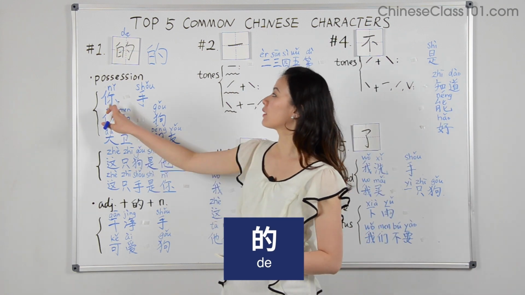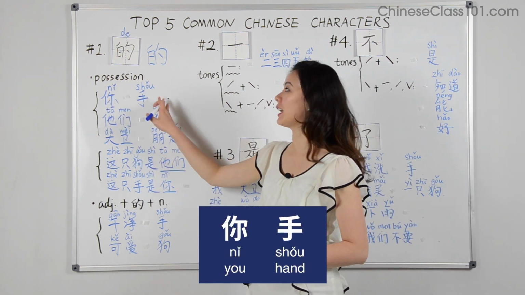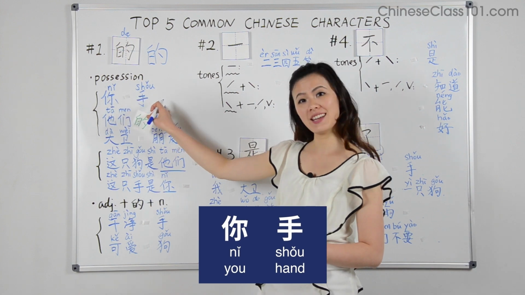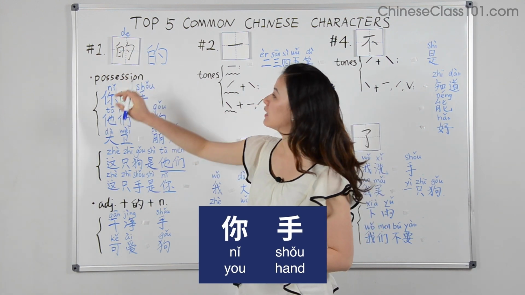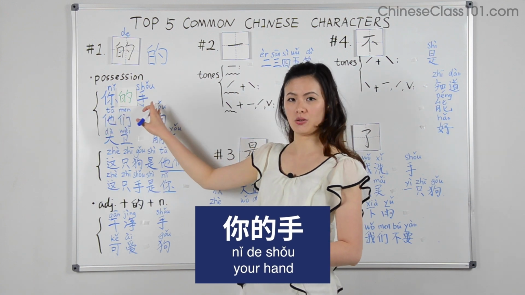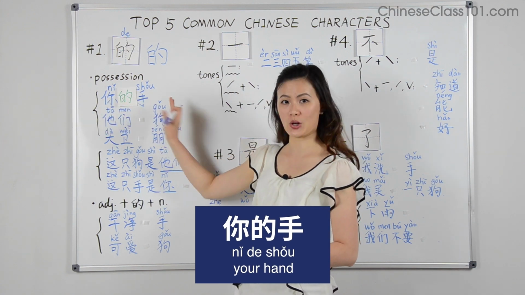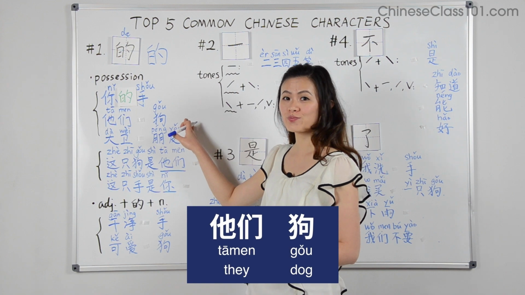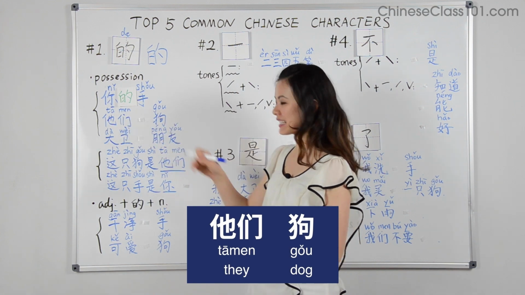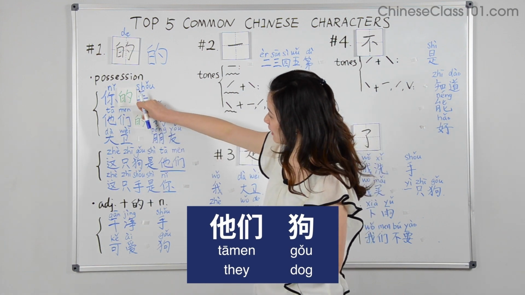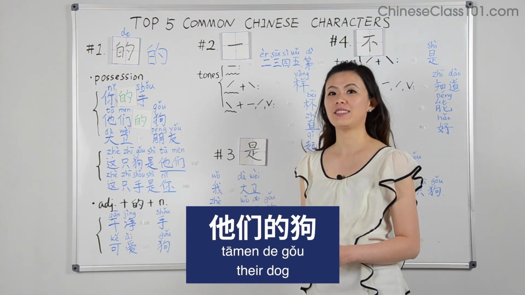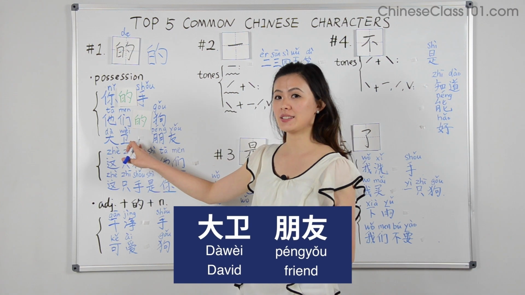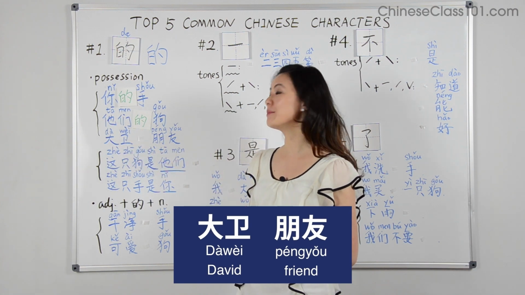的 first can indicate possession. For example, 你 means you, and 手 means hand. If we put 的 between you and hand, it becomes your hand, 你的手 your hand, 你的手。他们 is another pronoun meaning they, and 狗 dog. So if we connect 他们 and 狗 with the 的 it becomes 他们的狗 meaning their dog. 他们的狗。